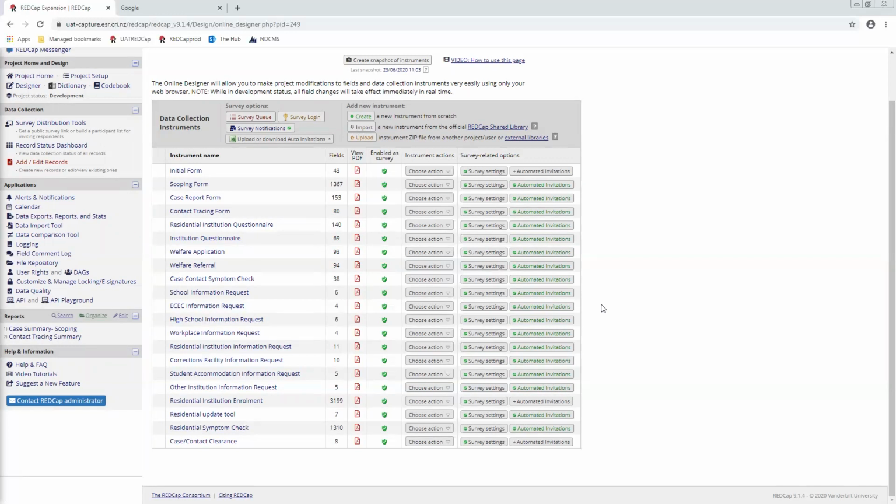Now we've made it so that you can do both cases and contacts, and people who are continuously exposed. So basically, if the